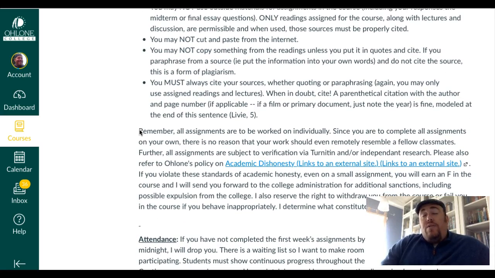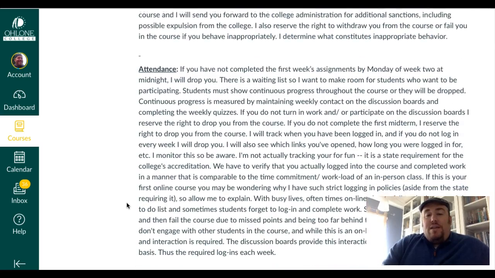It's important to note as well that although we interact a lot with each other in this class, the individual assignments should be done on your own, not collectively, okay? And all of the written assignments for the course are submitted through Turnitin. So if anything is pulled from an outside source or the work of another student, it will pop up. And the repercussions, which are explained here, are pretty severe. And I'm pretty rigorous about this, just so you know. I hate that we have to talk about this, but it's very important. We start with some smaller assignments, so it gives you a chance to learn about this process, and I think it makes it a little bit easier, okay?